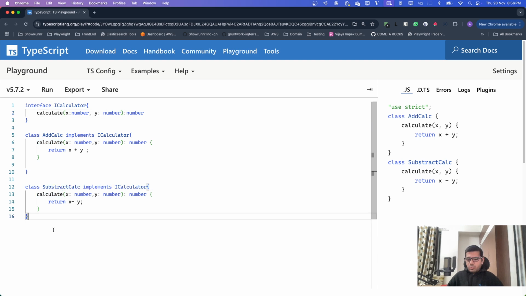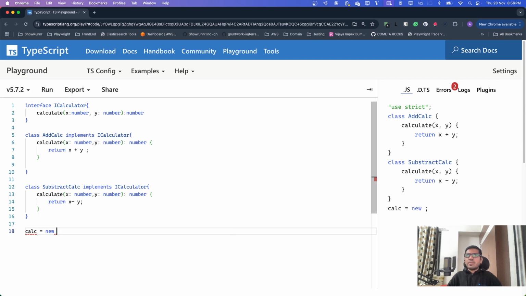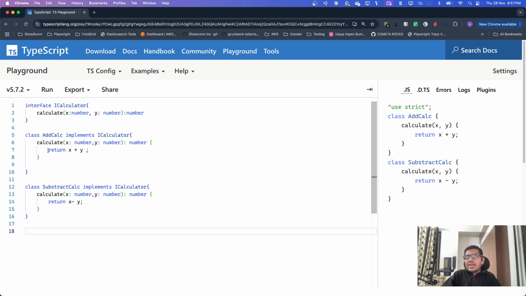And suppose I am creating a new object. Suppose calci equals new calculate. I need to create an object of a subtype. So let me say I'm writing a function which accepts two parameters. Basically I can create an object of any type, and I'll just use the calculator. So this is also called as an